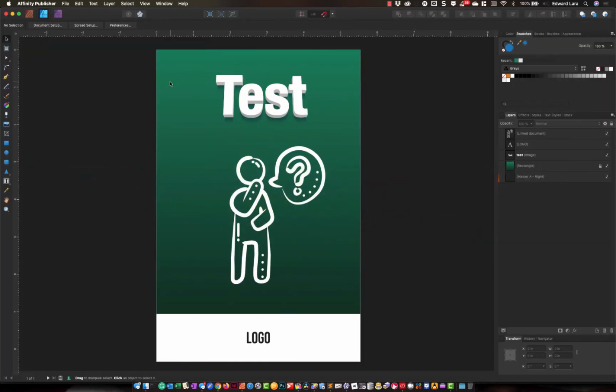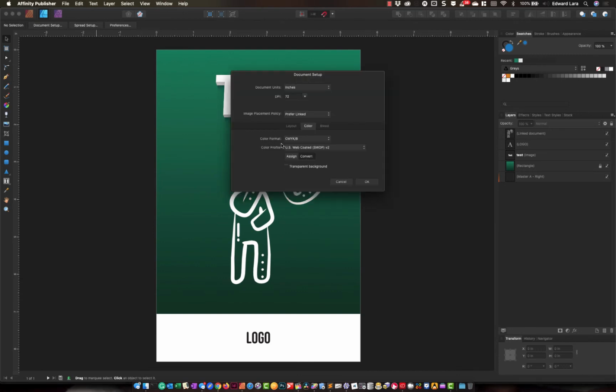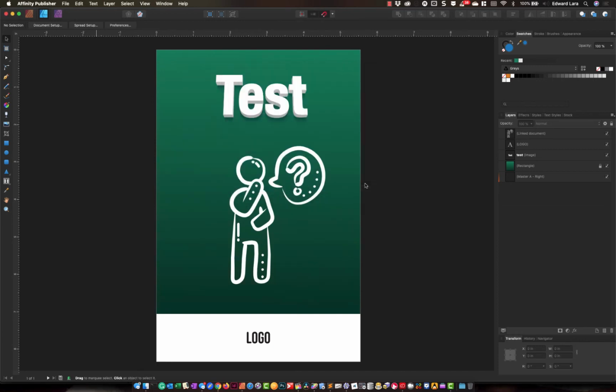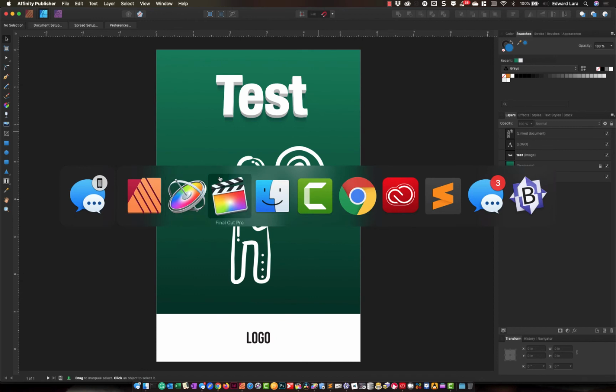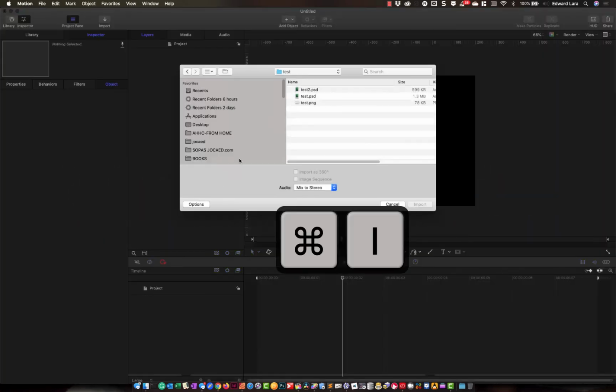And the problem here is on the setup. So your color format might be the wrong one. So I have CMYK here. I'm gonna change it to RGB. Say okay. I'm gonna export another version. This time I'm gonna call it test 2 and go into Apple Motion again, import,